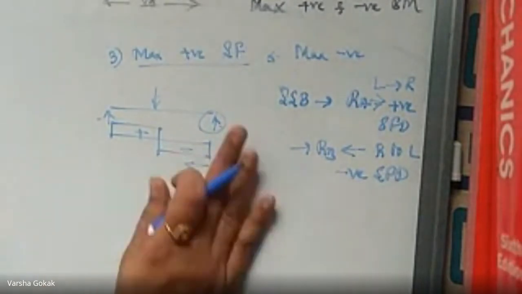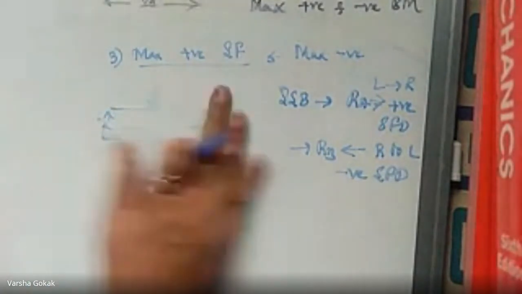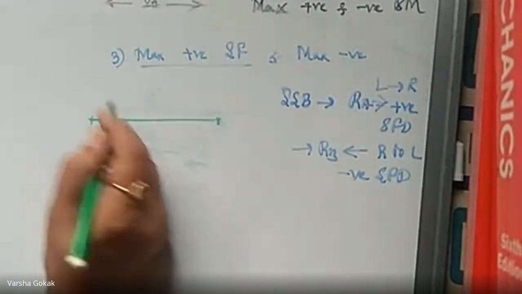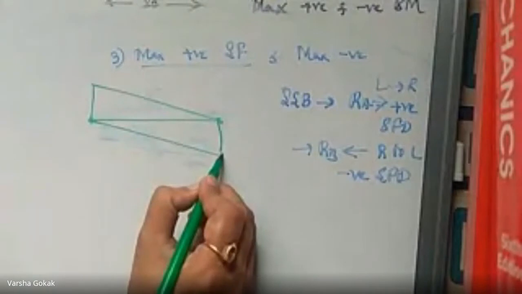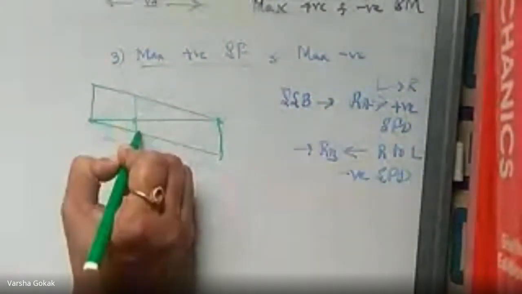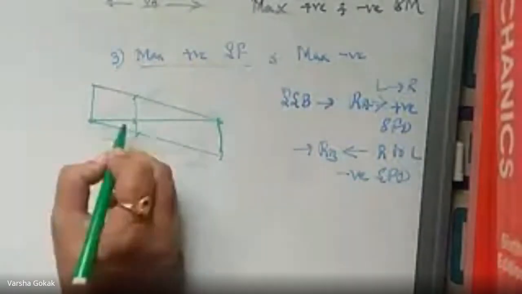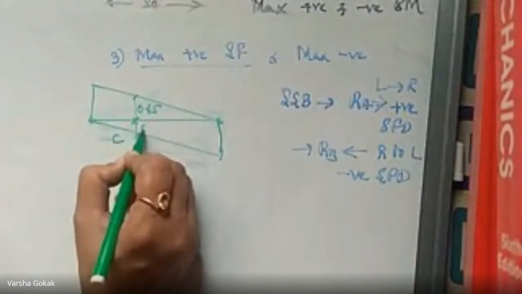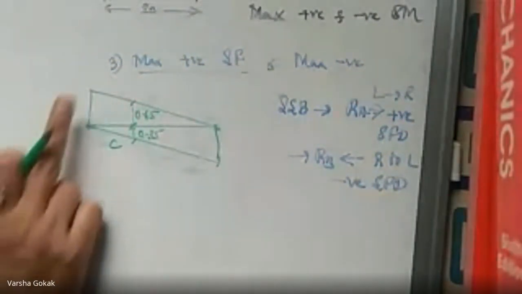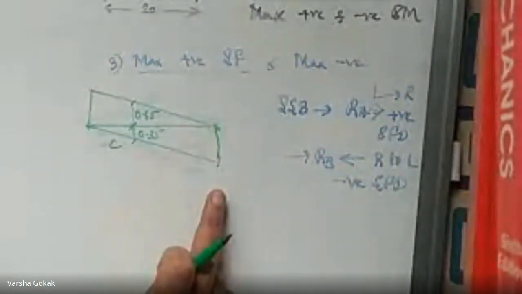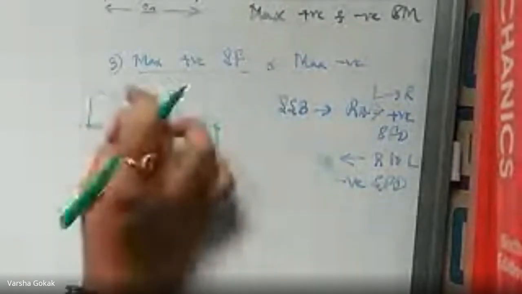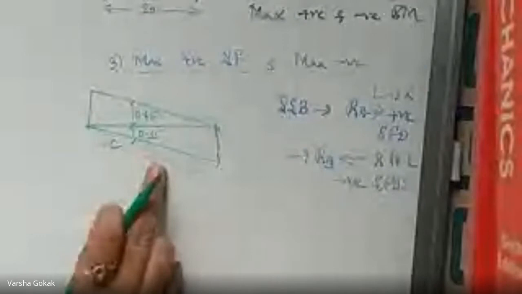So when I'm drawing the shear force diagram now for our UDL case, it is going to be like this. This is your beam, and at RA here is 1, here 0. At RB here it is 1 and here it is 0. And at point C we are talking of, it will be a combination of positive and negative. I know the values also. This was 0.65 and the remaining would automatically be 0.35, because the entire thing is always going to be 1. Here it is 1, here it is 1, here it is the addition of these two. But 0.65 will be treated as positive shear force and 0.35 will be treated as negative shear force, right? So we know this particular diagram.